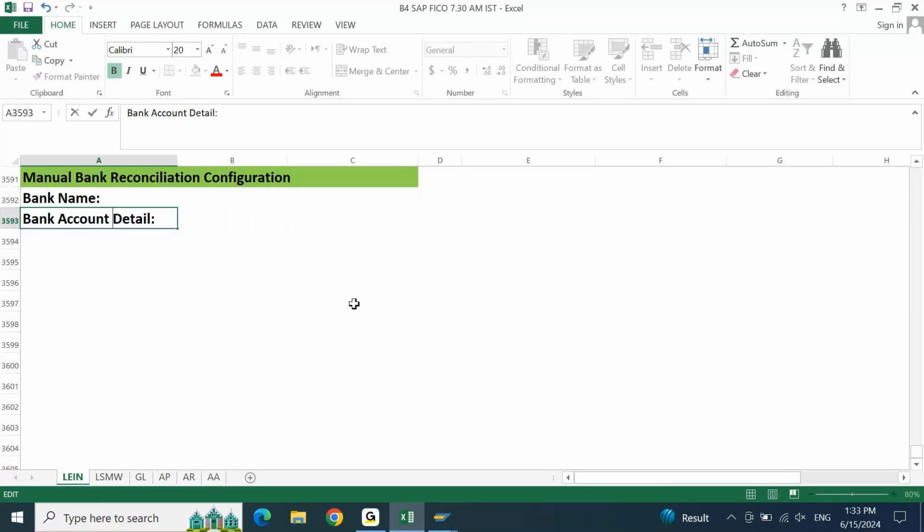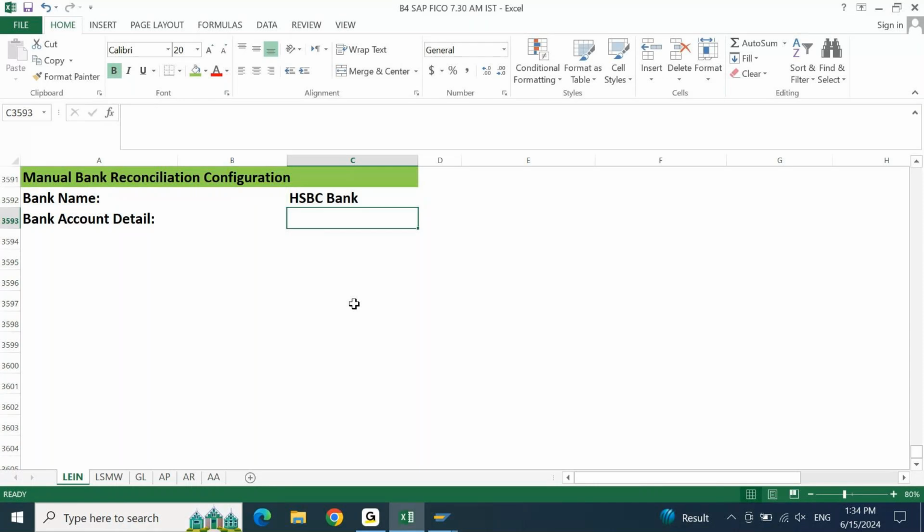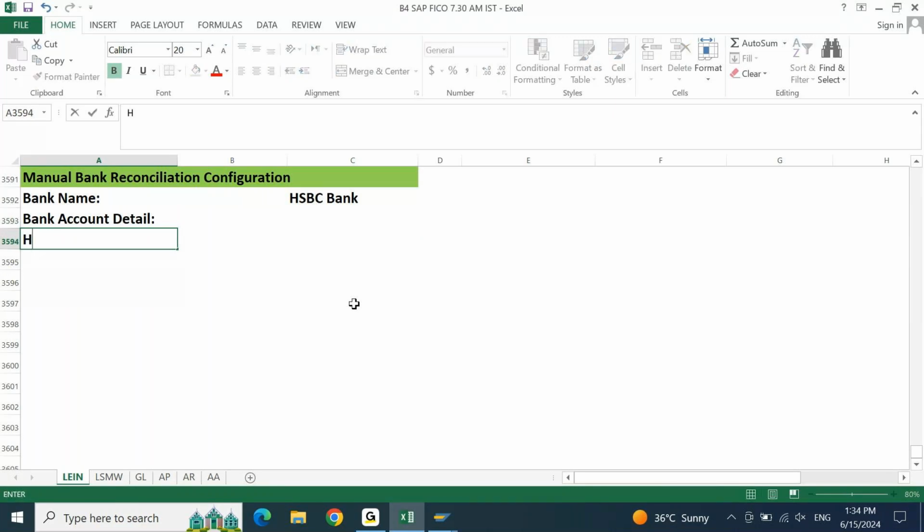Let's assume that I am going to set up this manual bank reconciliation for HSBC Bank. Bank account details is nothing but your account number, bank key, in short the IFSC code, account currency, and the nature of account, whether it is a current account, forex account, or savings account. All this information you are going to collect from your client based on